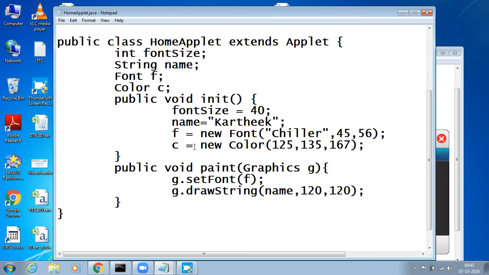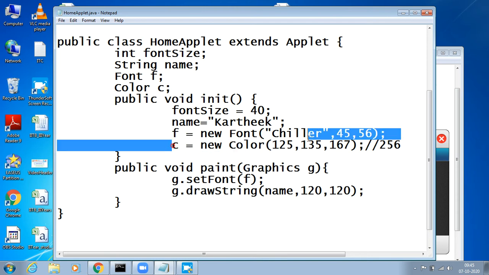I can give values up to 256, the combination of this RGB code. Okay, now this color is created.